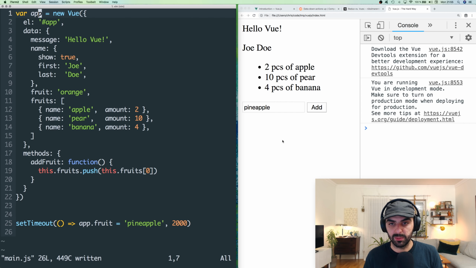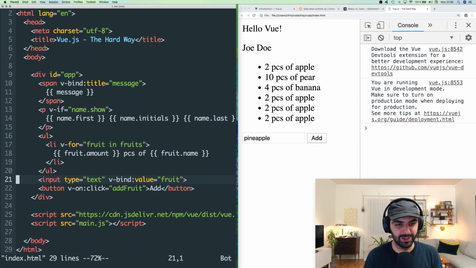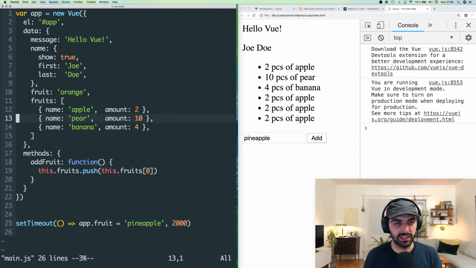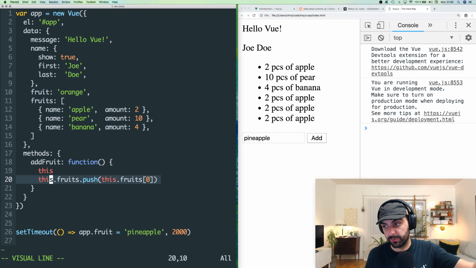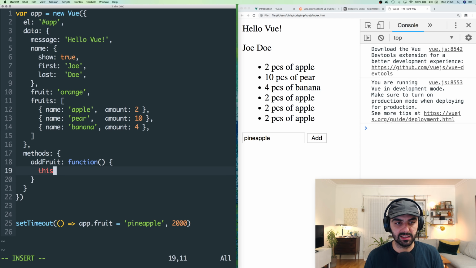And of course, let me refresh this and add a few. Then you can see, okay, we can add apple. Oh, sorry, we have the old implementation. Let's go to main.js again, and change the implementation here to what we had before. Now we have this.fruits.push, and then push the first fruit that we already have. We're sort of duplicating. Let's remove that